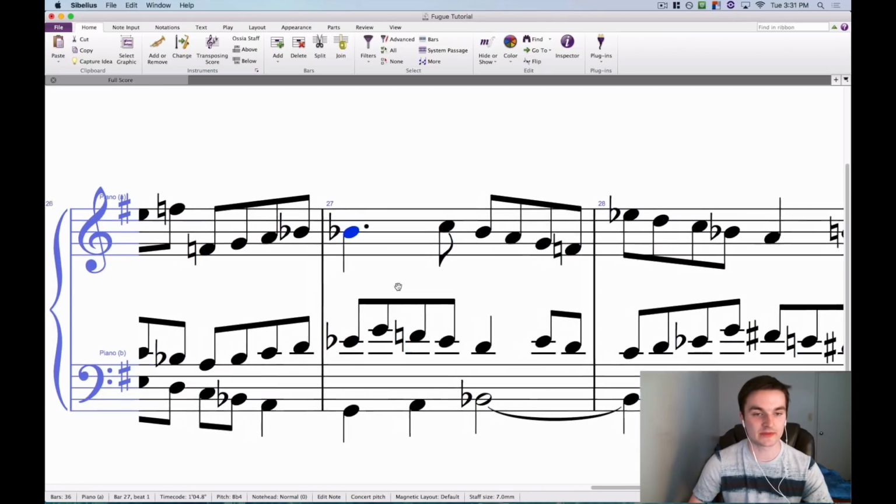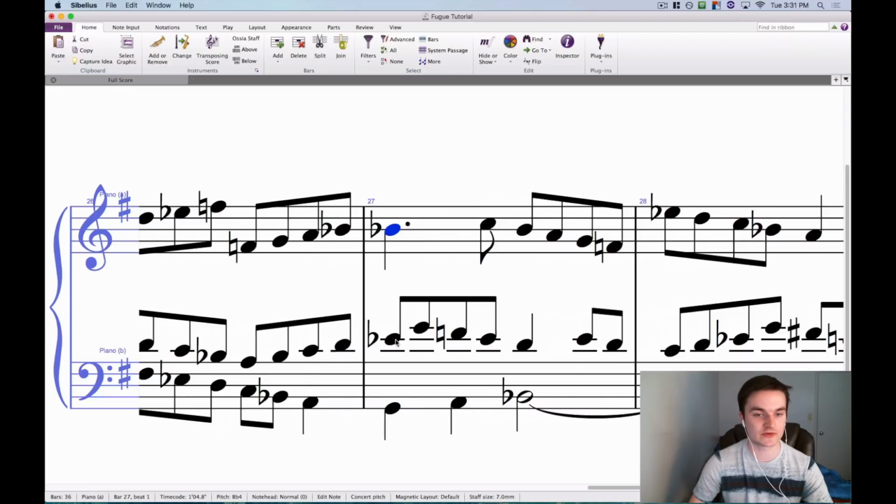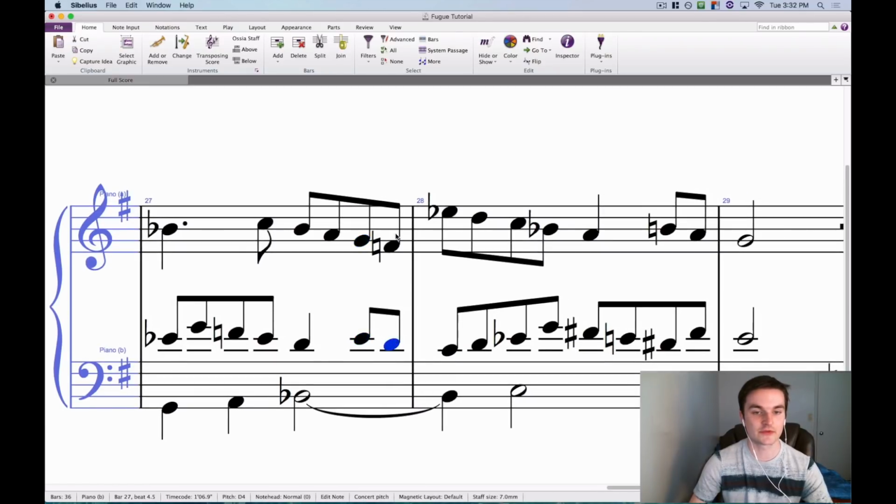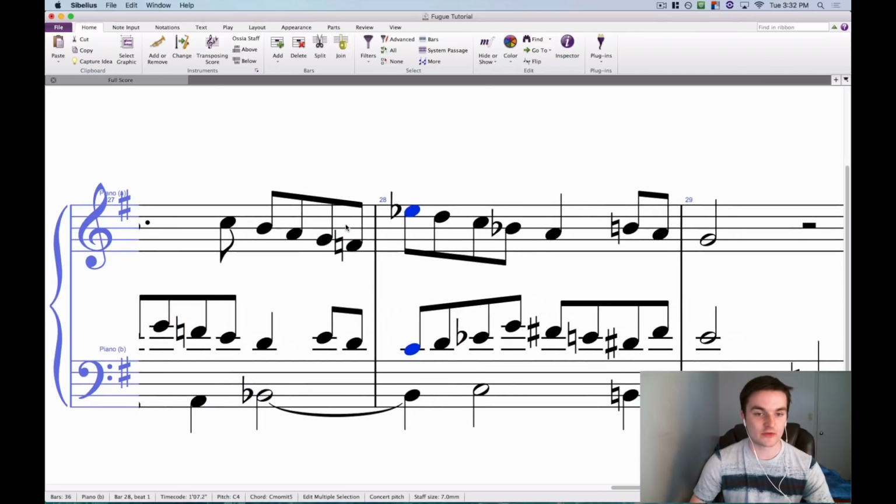5th arrived at by oblique motion, right? It's rearticulated oblique motion, but it's still oblique motion, right? Then we have a 3rd, a dissonant 4th, which is treated as a passing tone, resolving to a 6th, 6th, 5th, 3rd, and again, this type of thing would be invertible counterpoint because it's treated as if it is a dissonance. 3rd, 3rd, 3rd, it's basically just a bunch of parallel thirds, but this is another thing that Bach does, is